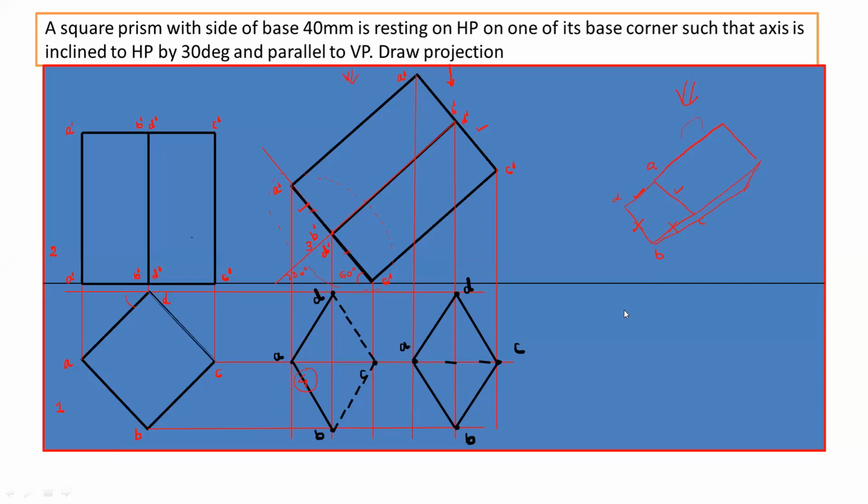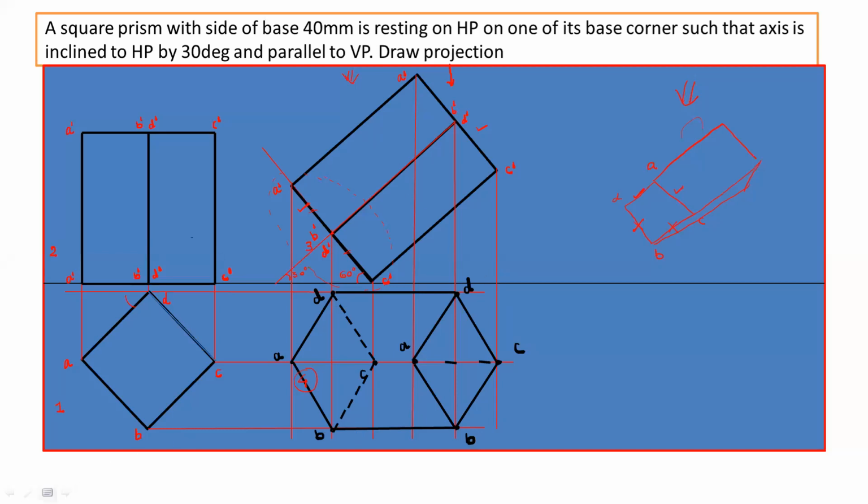Now there are vertical edges, which are called the lateral edges of that prism. So there are 4 lateral edges. First is A dash A dash, then C dash C dash, B dash B dash and D dash D dash. Out of that, the extreme lateral edges, DD and BB, must be visible. Therefore, show this DD as a continuous thick line. You can observe here, these extreme edges will be visible from the top view. So BB and DD are visible.